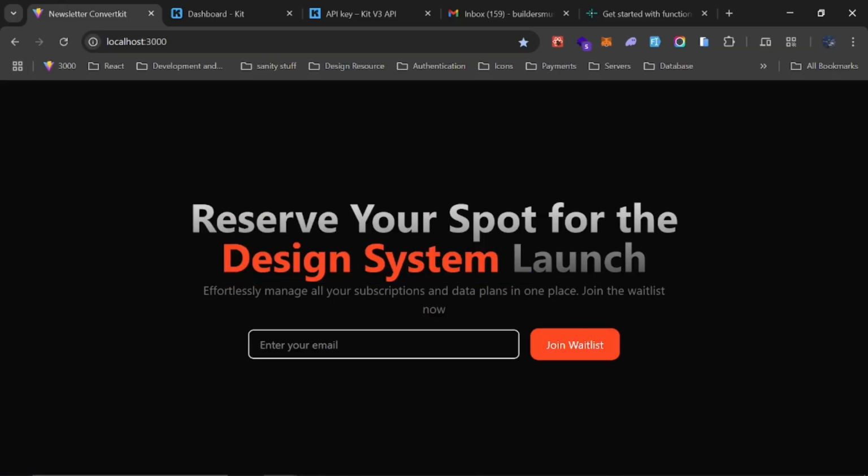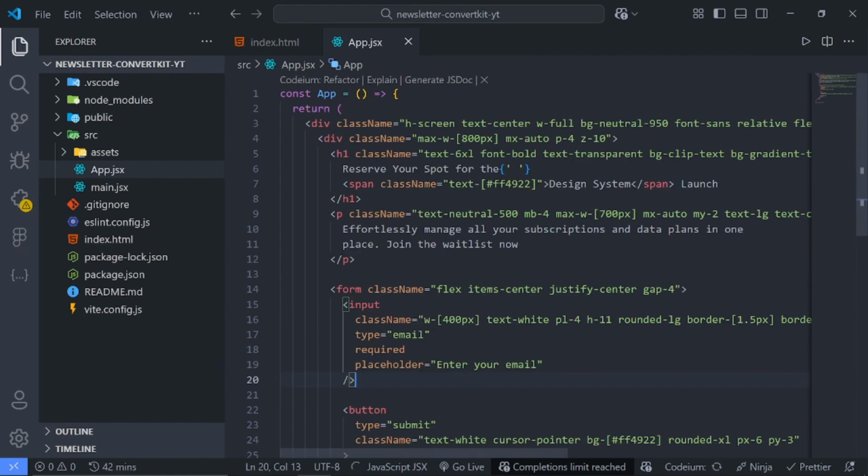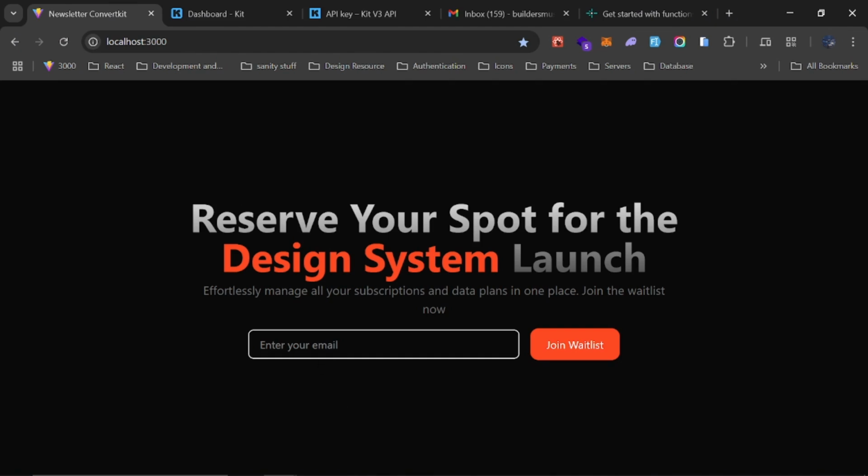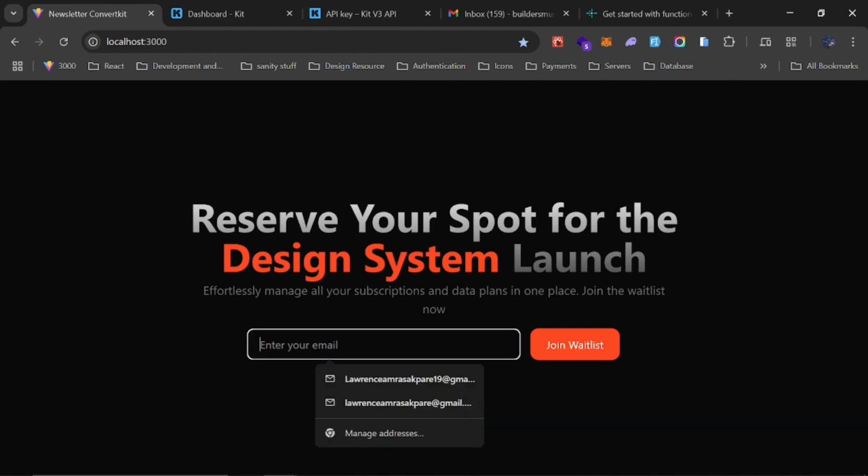Alright, cool. Let's also add a little margin to the H1, so I can just say margin bottom should be like 2. Alright, so the next thing we want to do is to be able to keep track of the email that